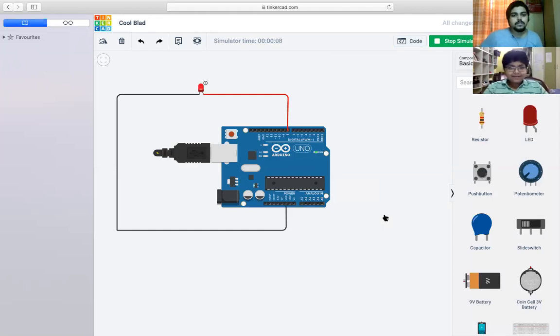Now you will see that for 5 seconds it will be glowing and for 2 seconds it will be stopping. Right? So now you can easily see that whatever our objective was, we have fulfilled it.